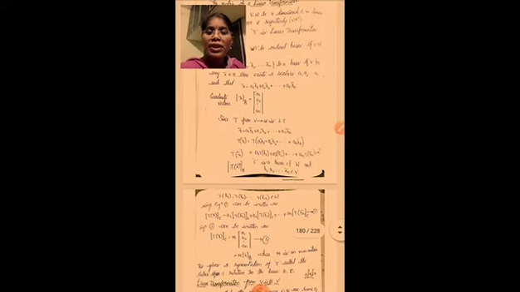Let B = {v1 bar, v2 bar, ..., vn bar} be a basis of V. For any x bar belonging to V, there exist scalars a1, a2, ..., an such that x bar = a1 b1 bar + a2 b2 bar + ... + an bn bar. So the coordinate vector, x bar with respect to B, is (a1, a2, ..., an). Since T is a linear transformation from V to W, we take the vector equation x bar = a1 b1 bar + a2 b2 bar + ... + an bn bar.